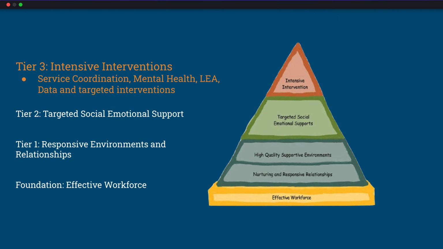Tier 3 refers to intensive interventions. Tier 3 really refers to challenging behaviors that are persistent and haven't changed, or there hasn't been any response to strategies that have been implemented in the classroom. So these are more intensive interventions put together by the service coordination team in coordination with a mental health manager,